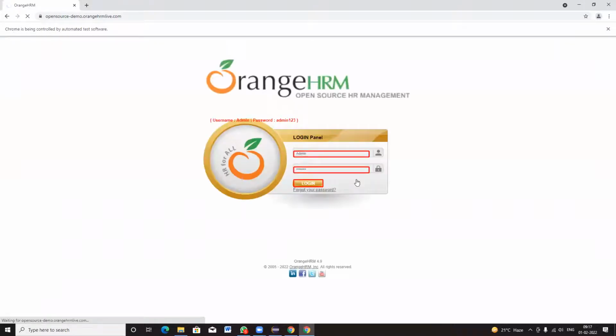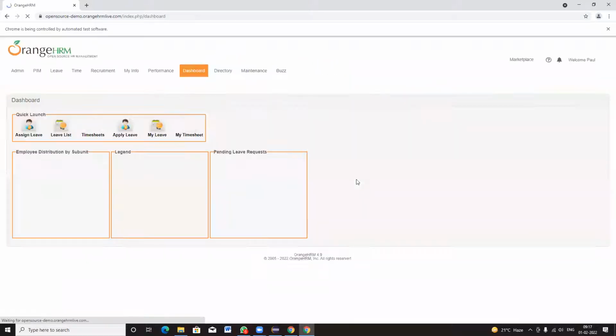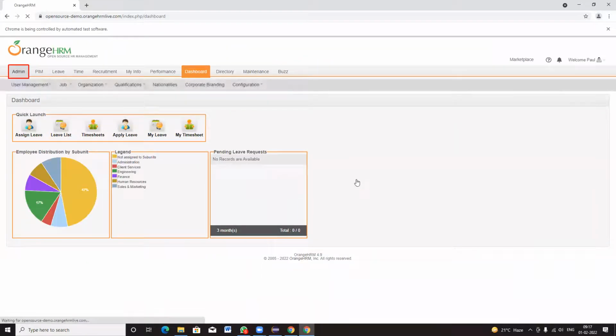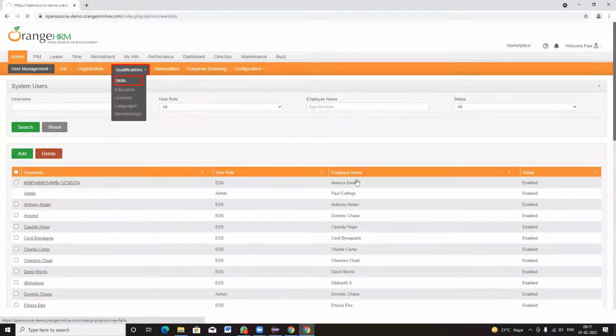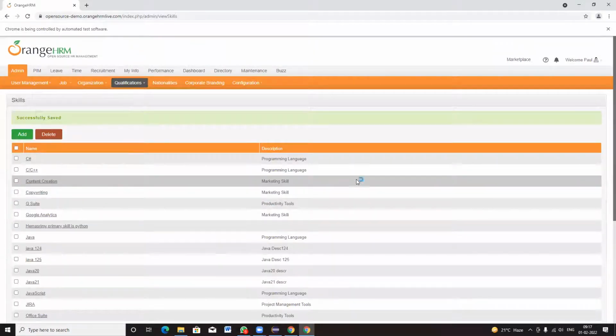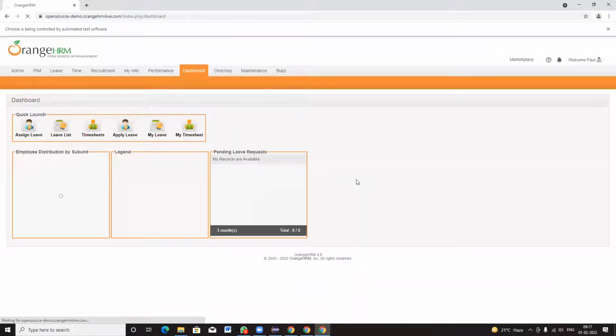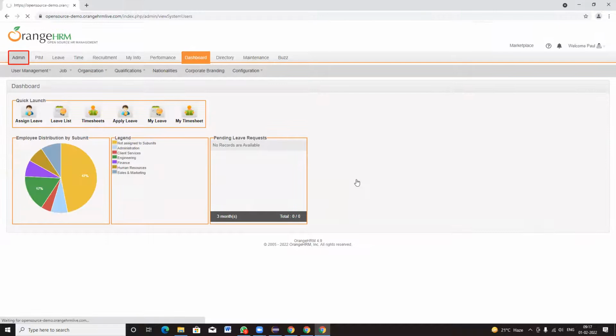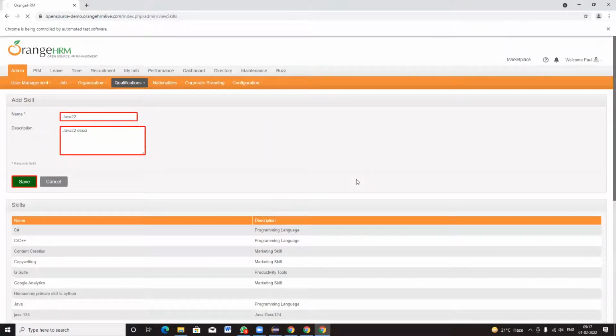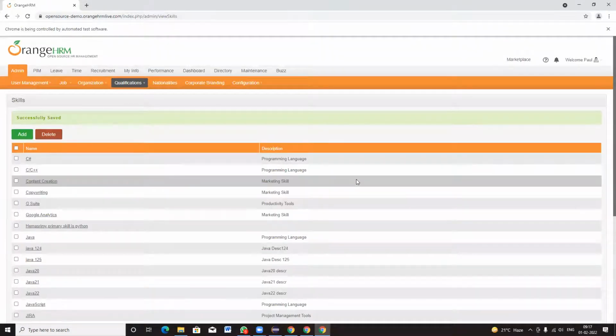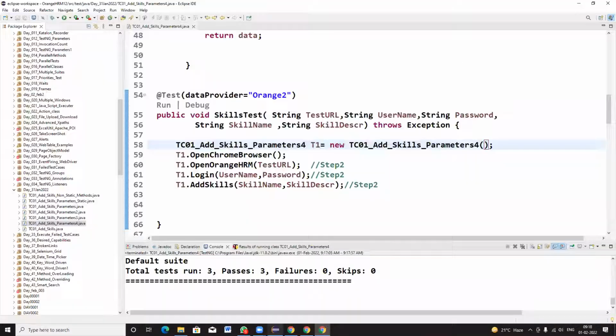So the first iteration is completed. In the second iteration, your @Test is getting input values from the data provider for the second set of input data. For the third set of input data also, we got it, and your program executed 3 times.